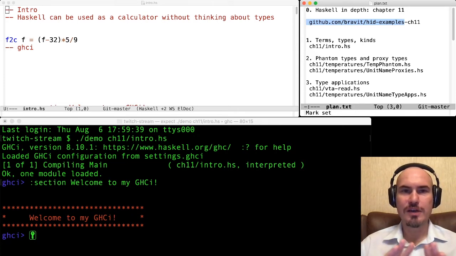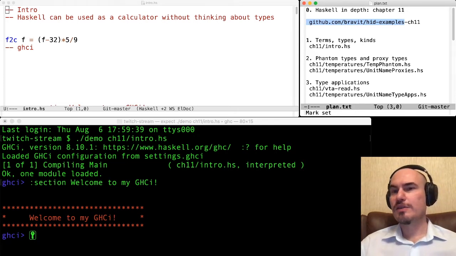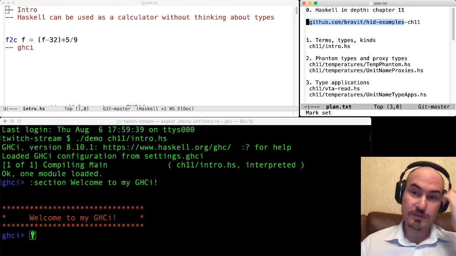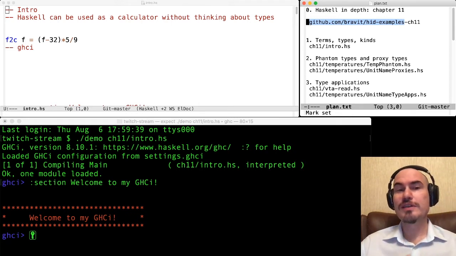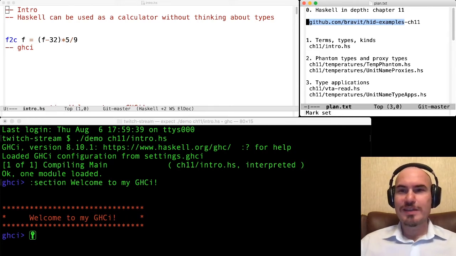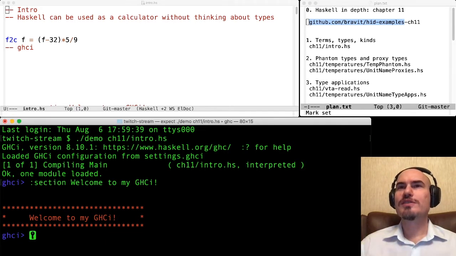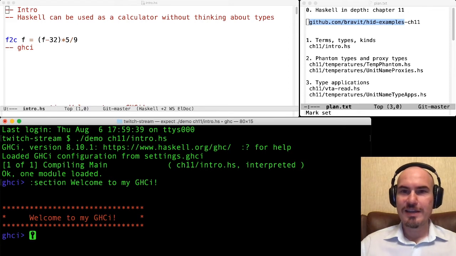It is open, it is public, so you can look there if you're interested. But this is an excerpt from that repo, only slightly tweaked examples from chapter 11. And when I say tweaked, I mean this. I have my own demo program which executes GHCi, and it shows some code, it shows examples.